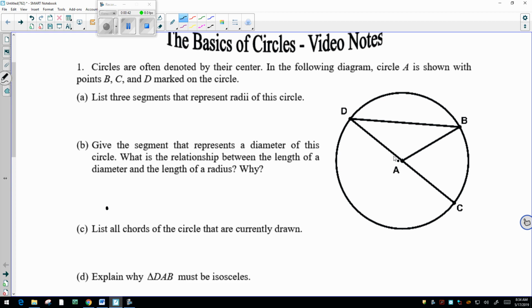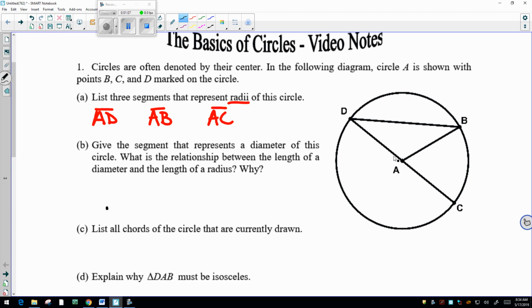Radii is plural of radius. So the radius is always going from the center to the edge. So segments that I could have would be, say, AD, it's one radii. I could have AB. We could also have AC. Now we could list this in the opposite order as well. We could call it DA or BA, does not matter,